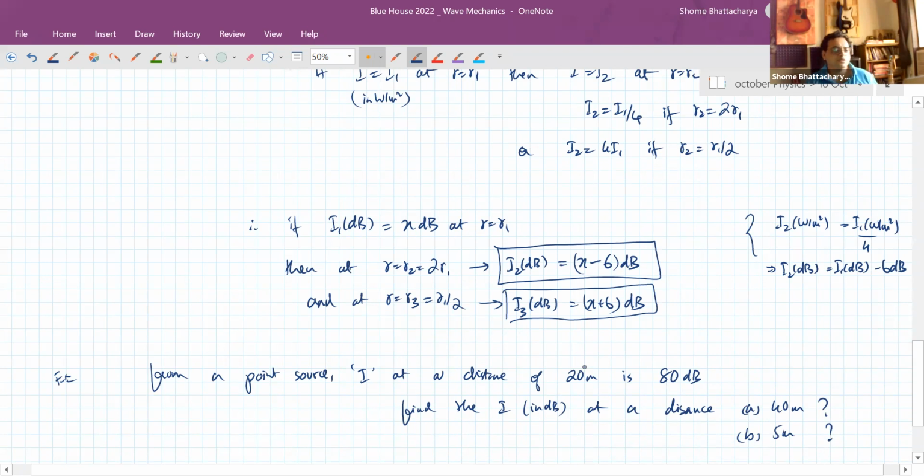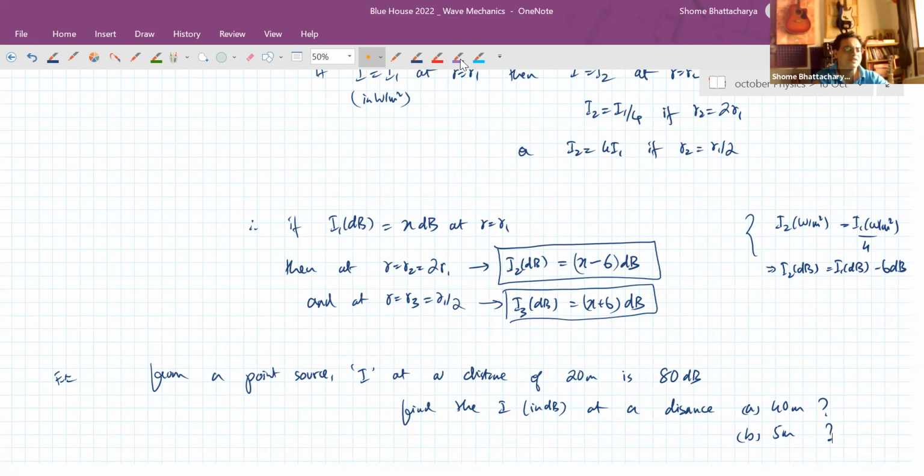So this point source could actually be something larger than a point source, because you're talking about a distance of 20 meters. Something which is just a few inches or centimeters in size can be treated like a point source. So it might be a small speaker or something like that. So at a distance of 20 meters, if you're measuring the intensity of sound to be 80 decibels, then what is the likely intensity of sound you will be able to measure when you increase your distance from 20 to 40, or when you reduce your distance from 20 meters to 5 meters. So this is the type of calculation you should be able to do, understanding the decibel scale and